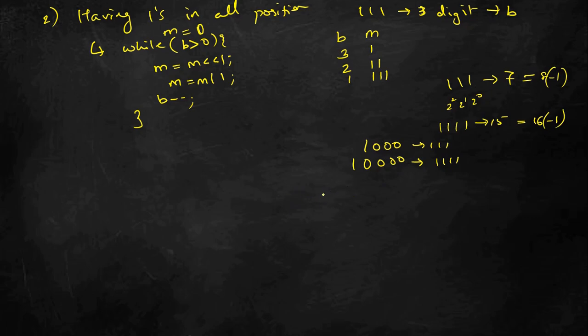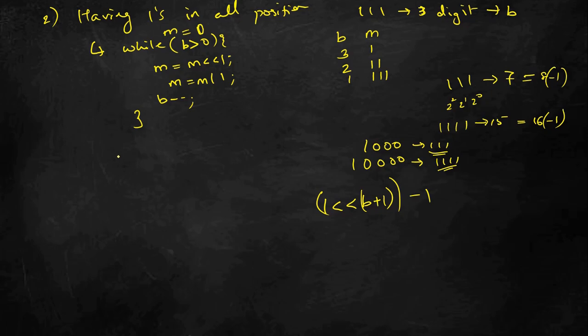So what I mean by that is, I can left shift 1 by the number of digits, let us say the number of digits is b, and here it is number of digits plus 1, so b plus 1. Once I left shift by b plus 1, I will get 1 0 0 0. I can simply minus 1, and this will give me my 3 times 1 or 4 times 1, whatever I am interested in. This is based on the observation that we can check on binary numbers. You will come to know about this once you start solving more binary or bit masking related problems. This is one of the properties of binary numbers, and you can use it to solve this in O of 1 time.